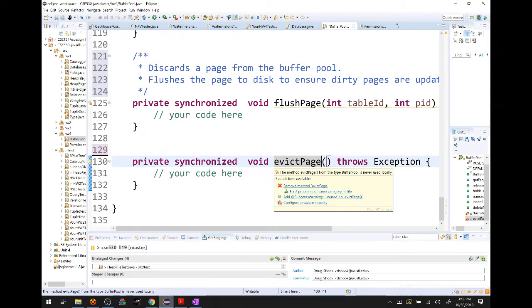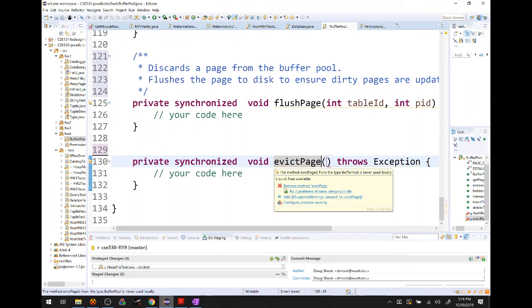We now have a problem, right? The buffer pool is full. I want to load one more page. So what do I do? I'm going to try and find a page and kick it out, toss it. But you need to be careful. You can't just pick any page and throw it out. You need to pick a page to remove that is not currently being used by a transaction. It's not currently being operated on by a particular transaction.